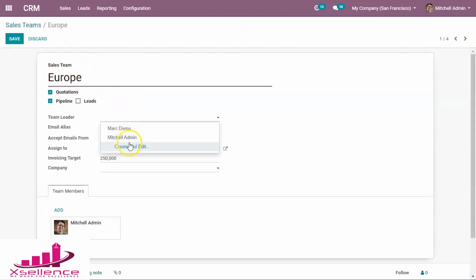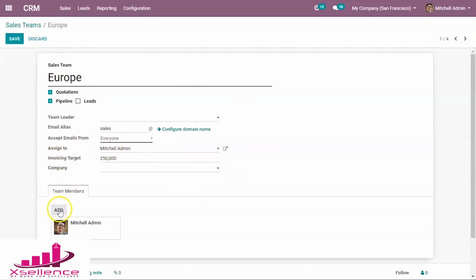You can assign the leader to your sales team and you can provide the email alias. Accept email from, here you have different options. Then to whom you want to assign this, and the invoicing target, you can provide the invoicing target to each sales team and can provide the company name.